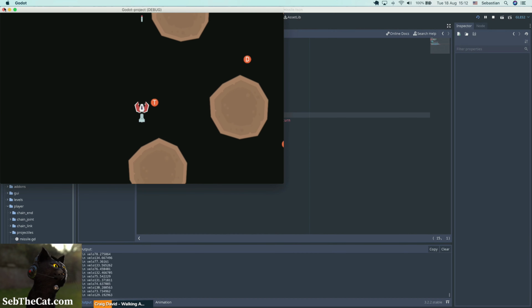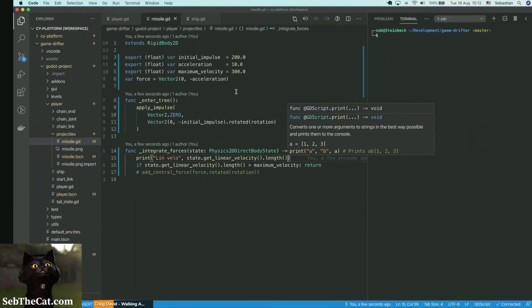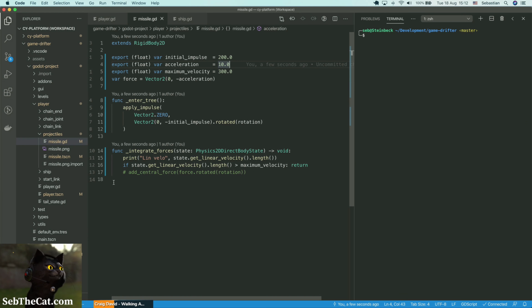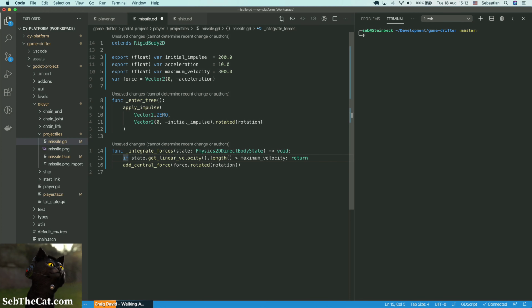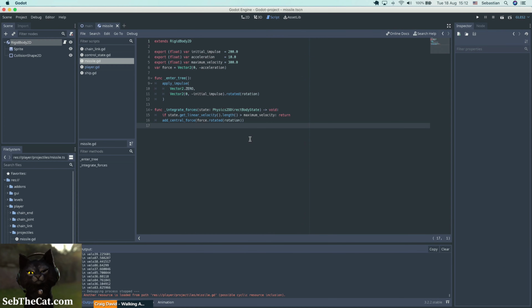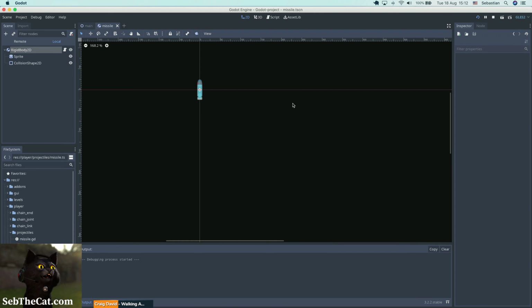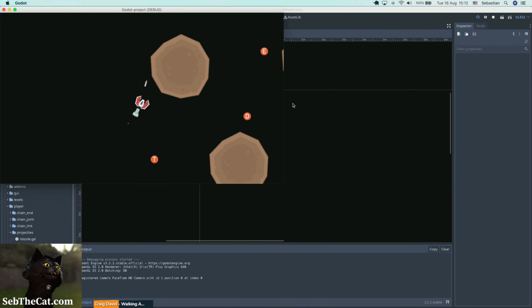Okay, so it's hitting about 250, maybe 250, 300, which is where we got to before, I think. So that's starting to make sense. And then, yeah, okay, I think that should hopefully have a good bullet feel now. So we've got this initial impulse, and then